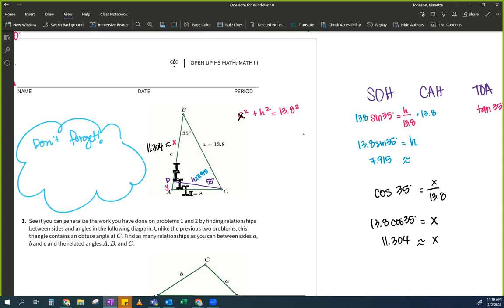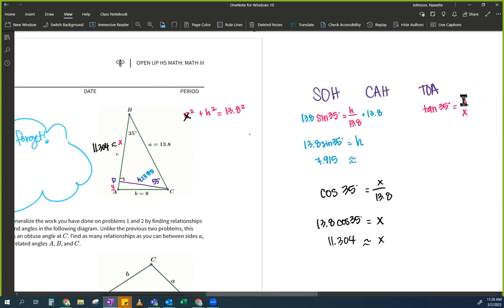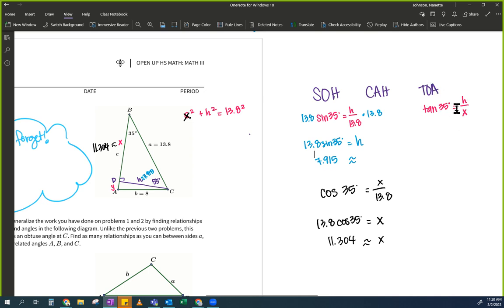So here, if you didn't realize to draw an altitude, write that. Don't forget to draw an altitude. If you didn't understand why we couldn't use this first altitude I drew, then you need to write that. Like, ask her why we couldn't use that first altitude, right? If you were fine with the altitude, and then you didn't know which one to use between sine, cosine, and tangent, like, Miss Johnson, why can't I use tangent? Why can't I use Pythagorean theorem at first? Write yourself a question, write yourself a don't forget,